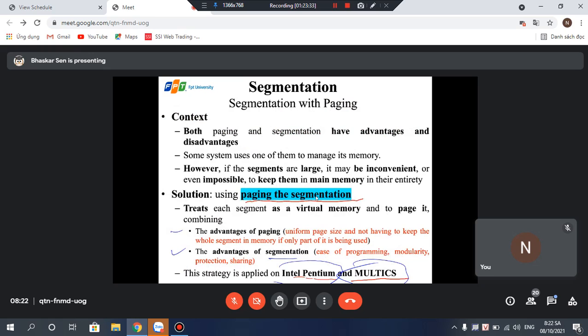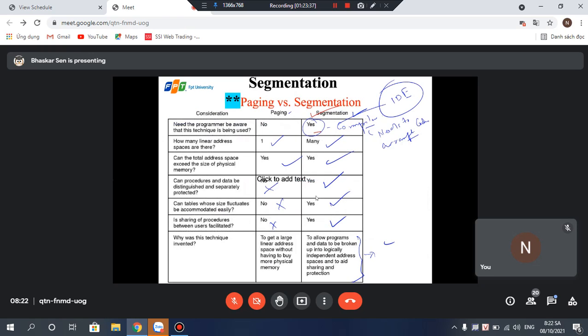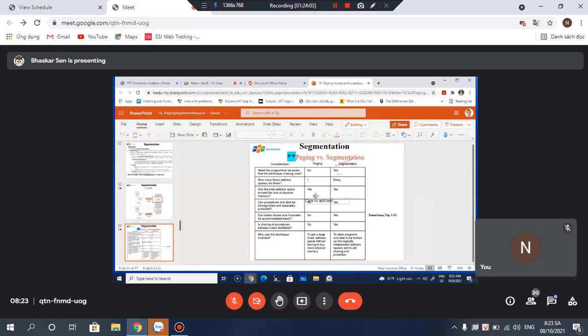Paging the segmentation. We learned all about these things. And this chart, very important. So in general, the segmentation part is important and interesting, as you can see. And I strongly recommend that you go there and study it a little bit on your own. Okay. So that brings us to the end of this particular chapter, memory management, the long one, as I said. It took 2 weeks exactly.